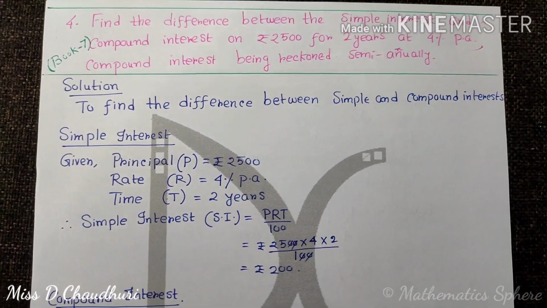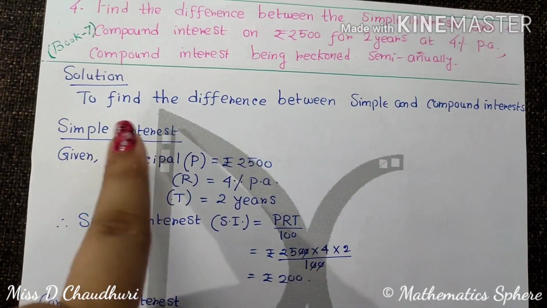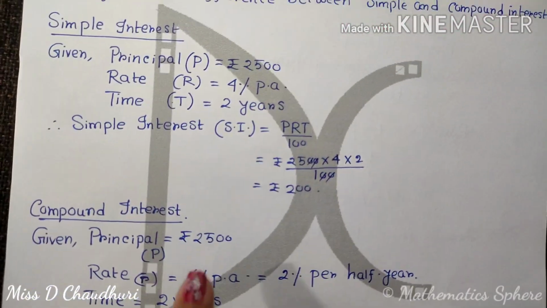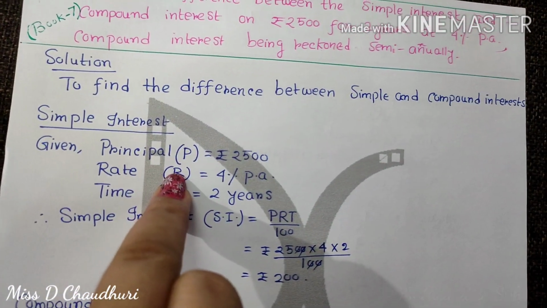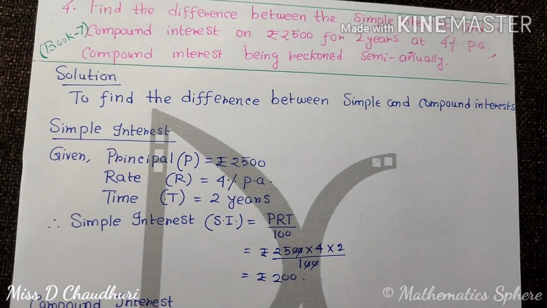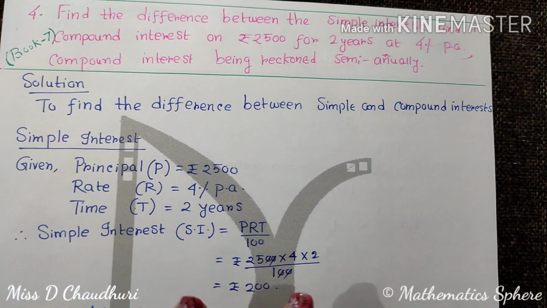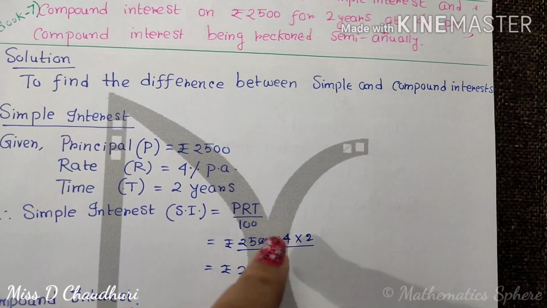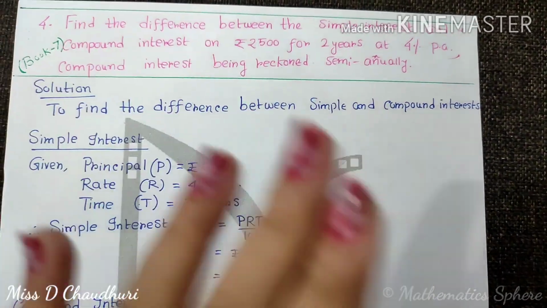So see, first we find the simple interest. To find the difference between simple and compound interests, first we give the heading simple interest and find the simple interest. Okay, the initials for the simple interest and the compound interest will be different, so write it separately. So here principal will be 2500, rate capital R we take is 4% per annum. I have already mentioned that in simple interest we will keep the rate in annum only. Time t is 2 years. Done. Now put all the things in the formula, you are going to get the simple interest. So simple interest SI equal to PRT by 100. We know that. You just put the values, cancel this, and you are going to get rupees 200. Done. This is the simple interest. This will be same for all the questions.